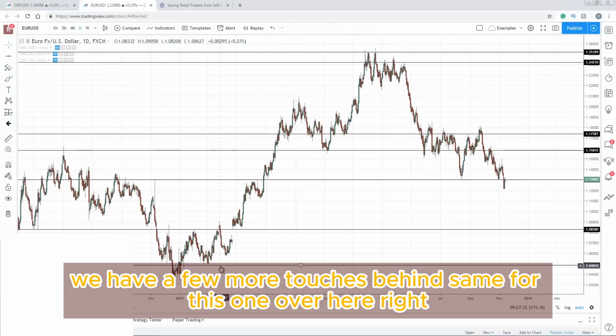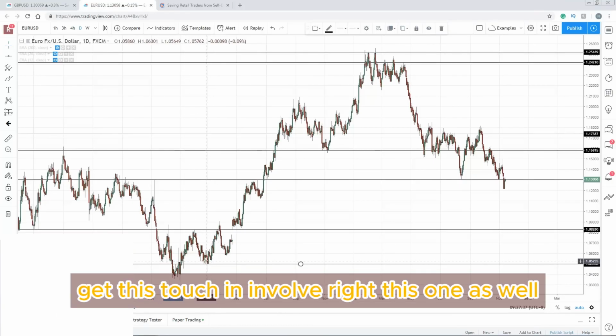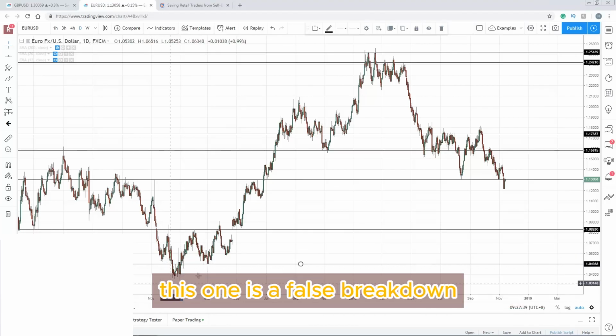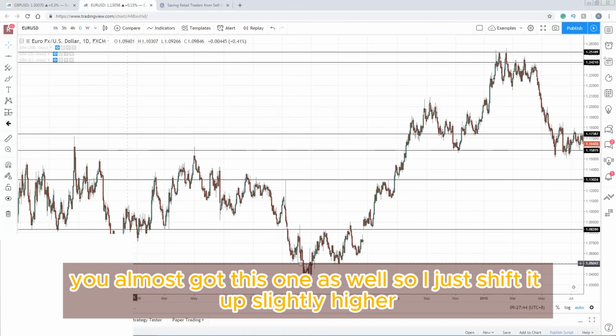Same for this one over here, right? I don't want to draw at the extreme low. I push it up slightly higher. Get this touch involved, right? This one as well. This one is a false breakdown, but I'll just leave it there. And if you look back, you almost got this one as well. So I just shift it up slightly higher